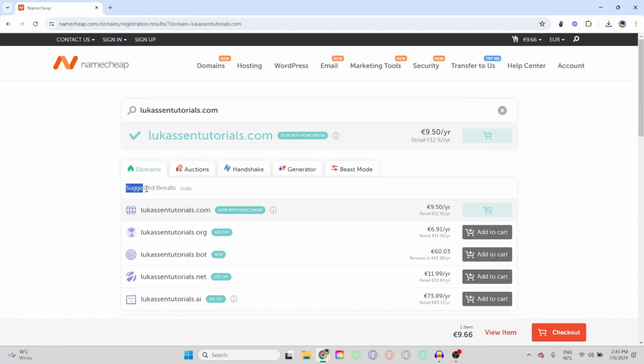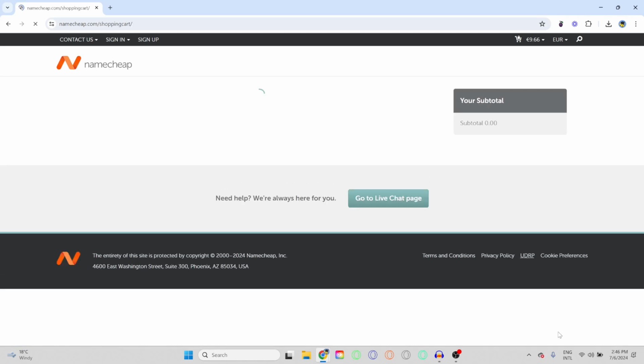You'll then see these suggested results, which is your domain name with different extensions, so .com, .org, .bot, .net or .ai. For me, I'll go with .com. And then all you need to do is click on the add to cart button. Now I've already done so, but once you've done that, just click on checkout and you'll be sent over to